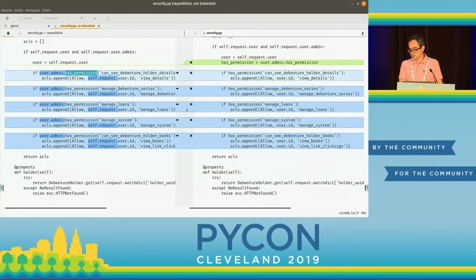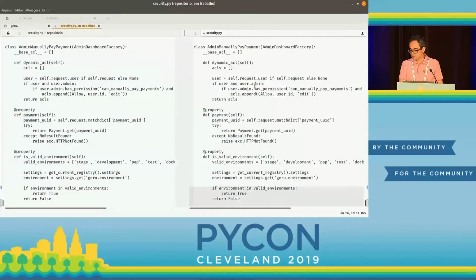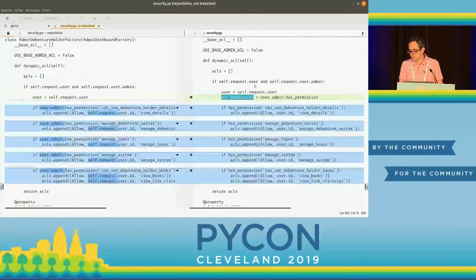And by itself, this was already doing many queries which were optimized away when I pulled up the has permission method. But the biggest benefit actually came from